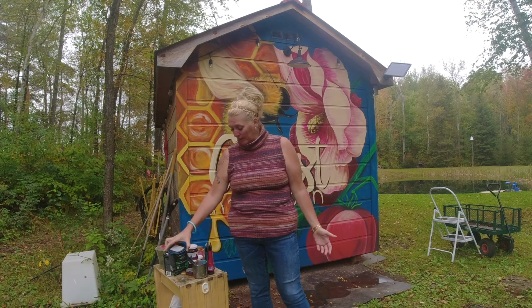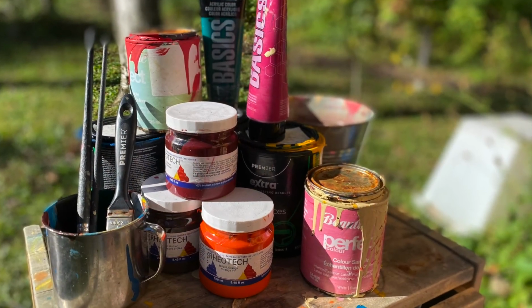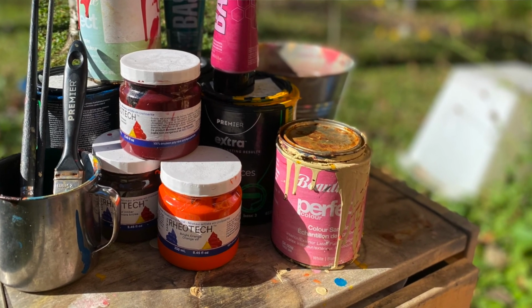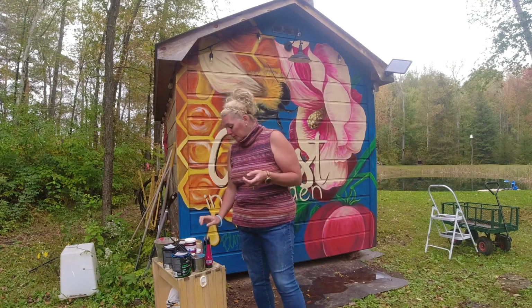So that's the blue that I use, and I also pick up some of these color sample size paint cans for some of the reds and the orange and the brown that you're not really going to use a lot of color with. I'll grab a few of these exterior latex paints and mix those in, as well as